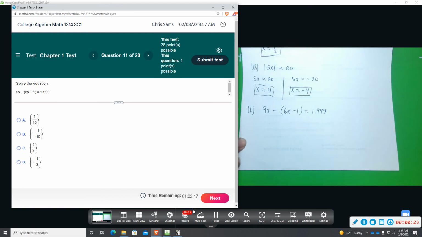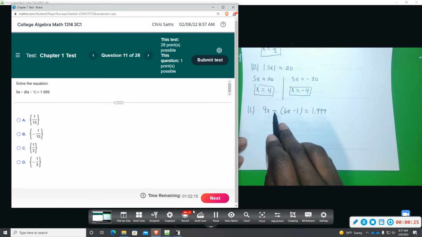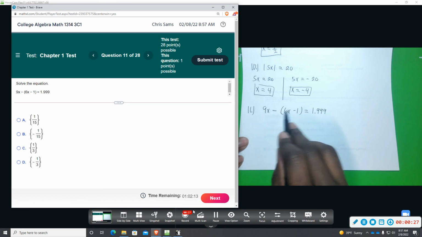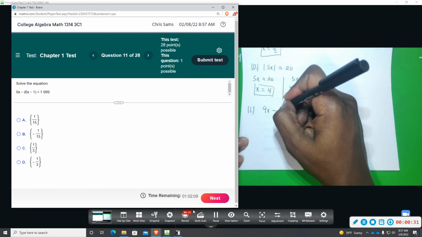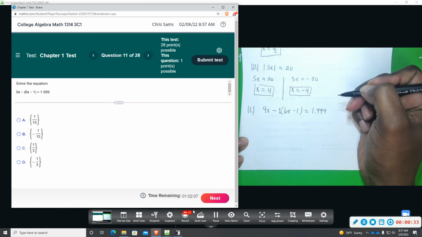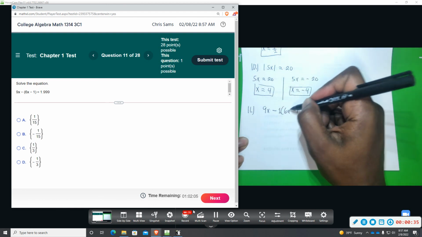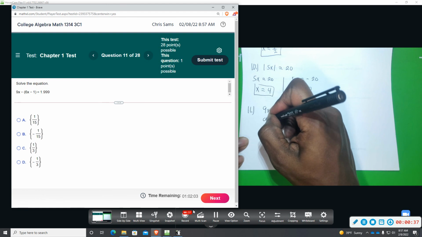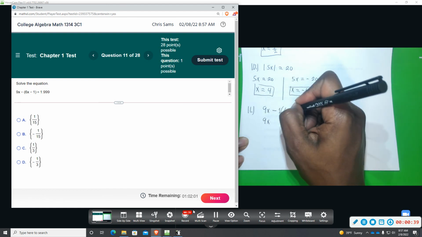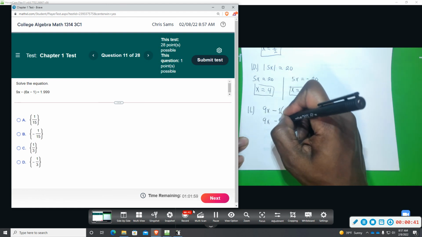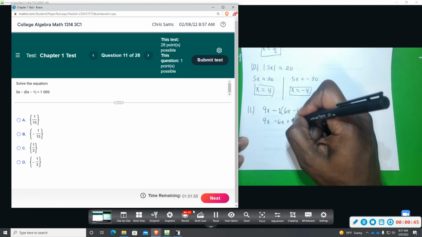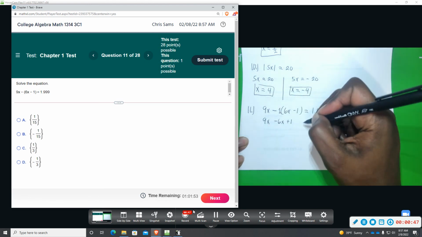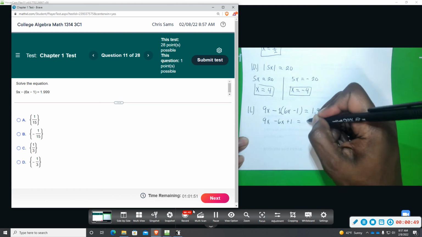Okay, first we're going to distribute and drop these parentheses. Because of the minus sign, it's acting as a -1 on the outside, so we have to change both these signs. So this is going to be 9x, -1 times +6 is a -6x, -1 times -1 is a +1. You must do that or you will get this incorrect. Equals